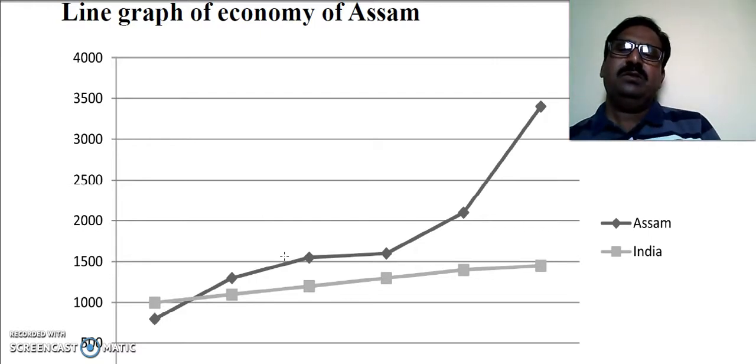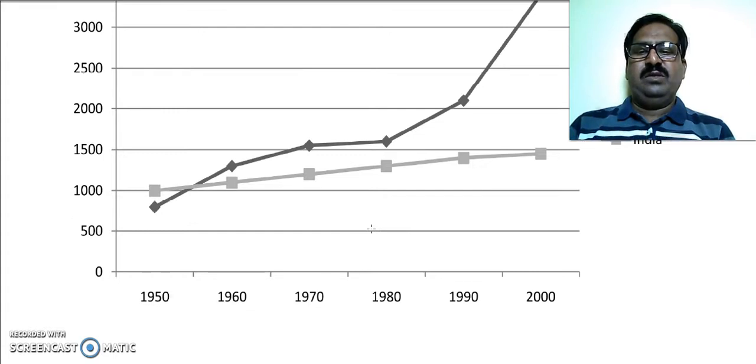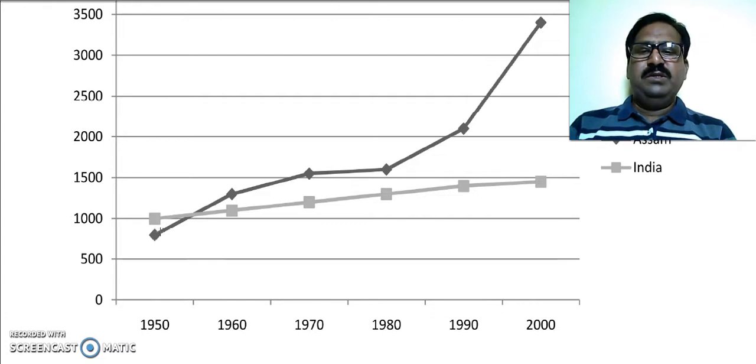It shows the economic growth of Assam. The dark line is the economic development of the state of Assam during 1950 to 2000. Here the trend starts at 1000, then this dot is at near about 1500,